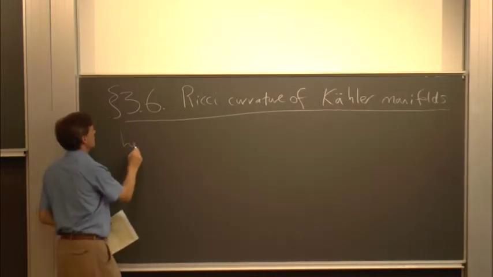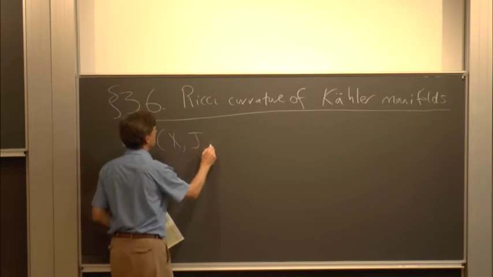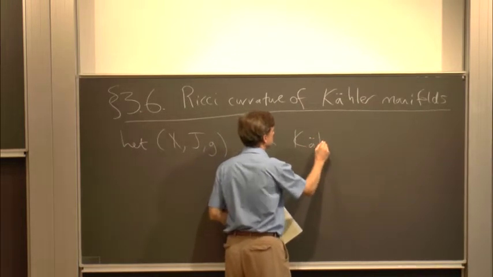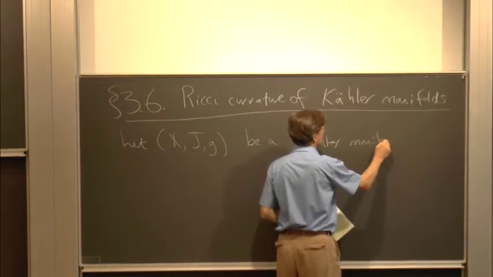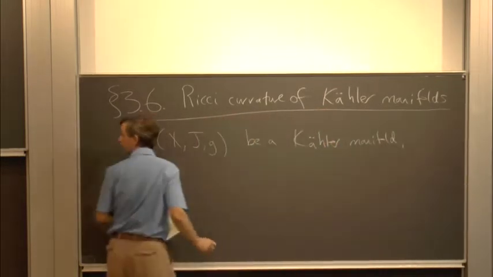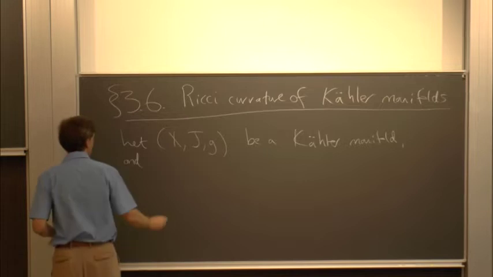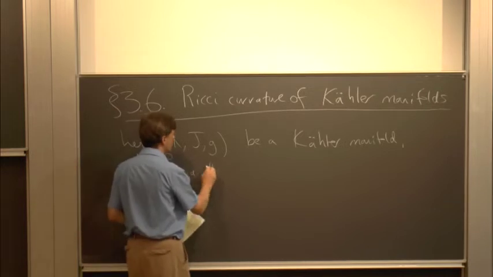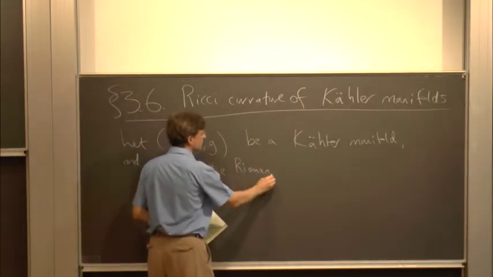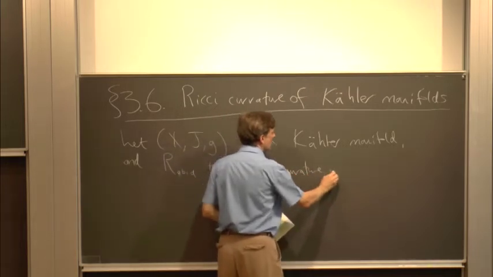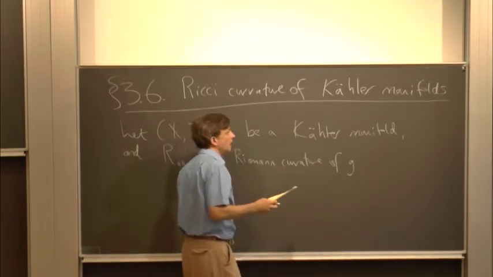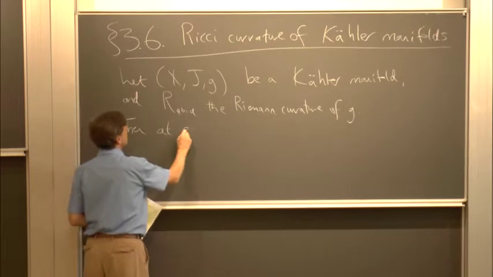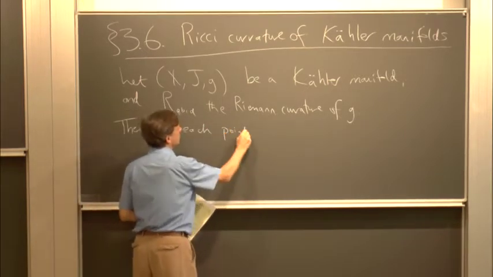Okay, so if we let (X, J, g) be a Kähler manifold, and R_abcd the Riemann curvature of g. Well then, at each point,